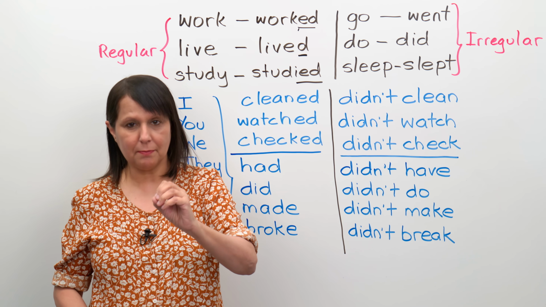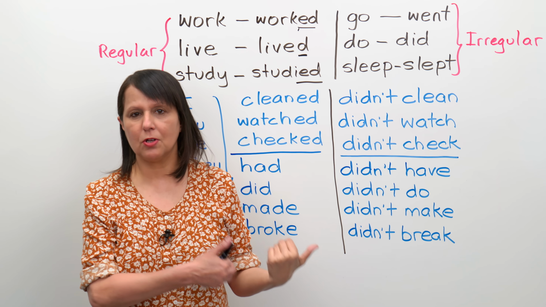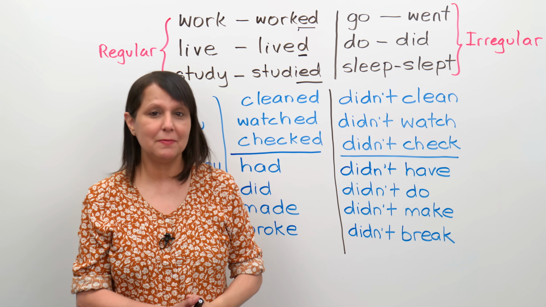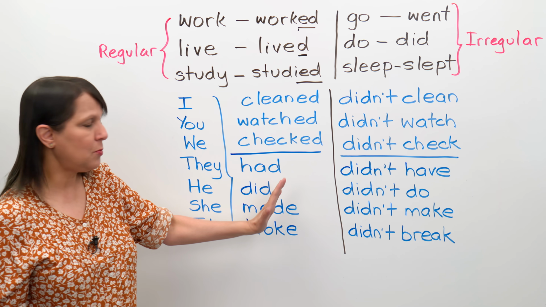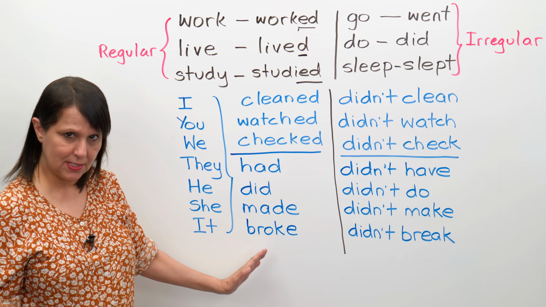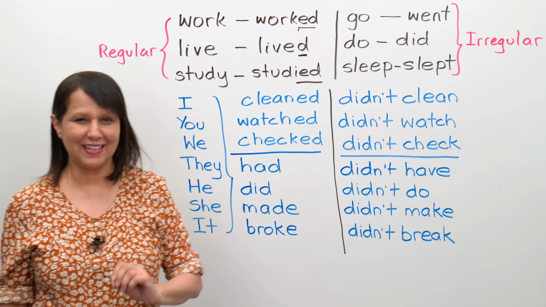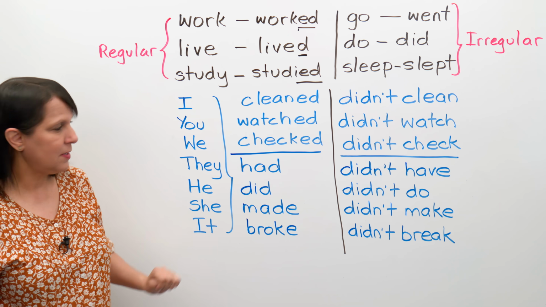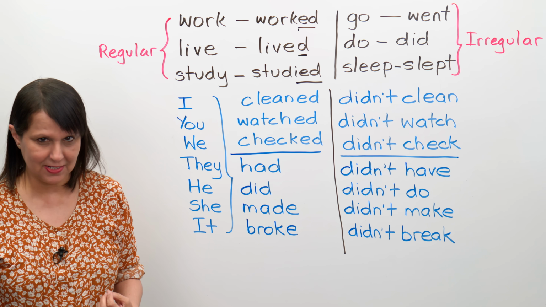But you must know them, because if you don't know that went is the past of go, you won't be able to talk about something somewhere that you went yesterday. Okay? And let's see now how all of that comes together when we are making positive sentences and negative sentences. So it's like this. Now that you know regular and irregular, let's look at what happens first in a positive sentence.